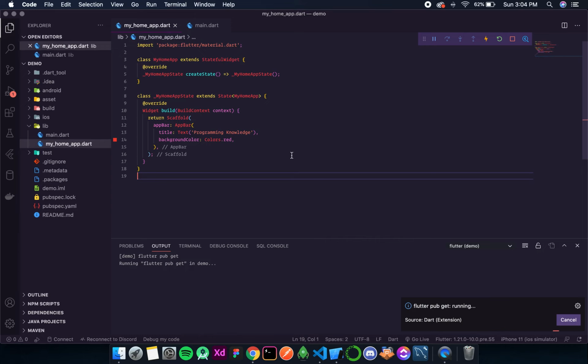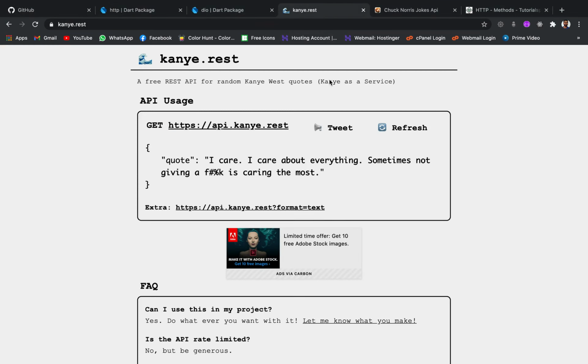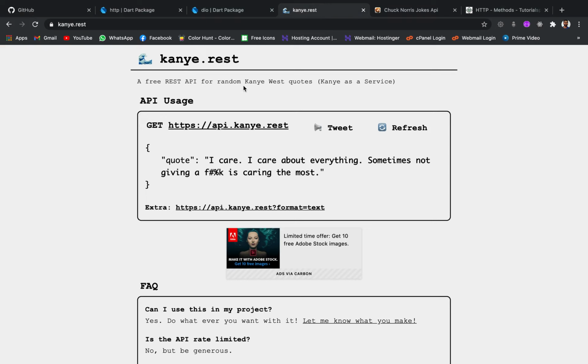Now after that let's see which API we are going to call from our app. Okay, so I'll be using this Kanye.rest API. It is a free REST API for random Kanye West quotes. Okay, so since it is free, it is accessible to everyone and everyone can try the same.